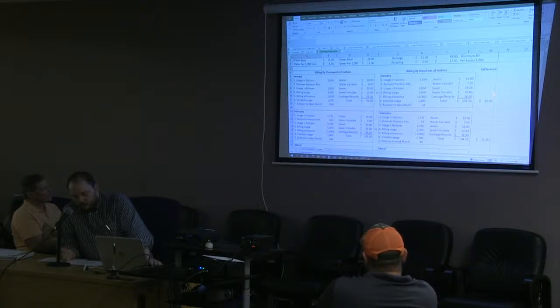Now, if you look at line 7, there's a rollover of what was unbilled of 654. That is comprised of the true usage of that month being 2,654, but the billed usage was 2,000, so that leaves that 654. Then the next month, in this case February, the user used 2,732, and now we also have to account for last month's rollover, which was in this example 654, which then comes up to a usage and rollover amount of